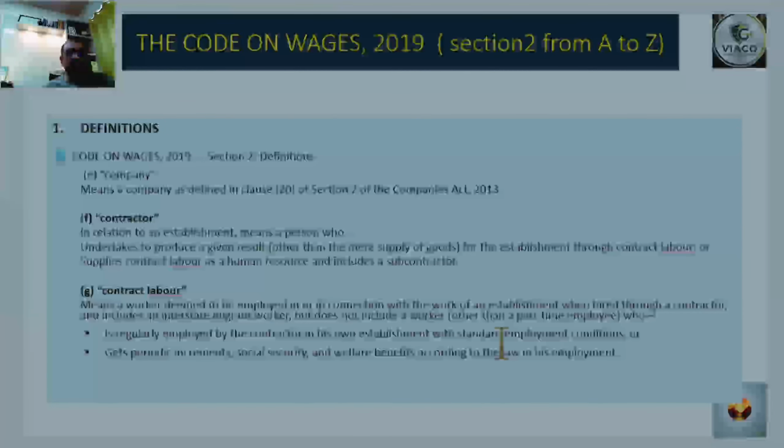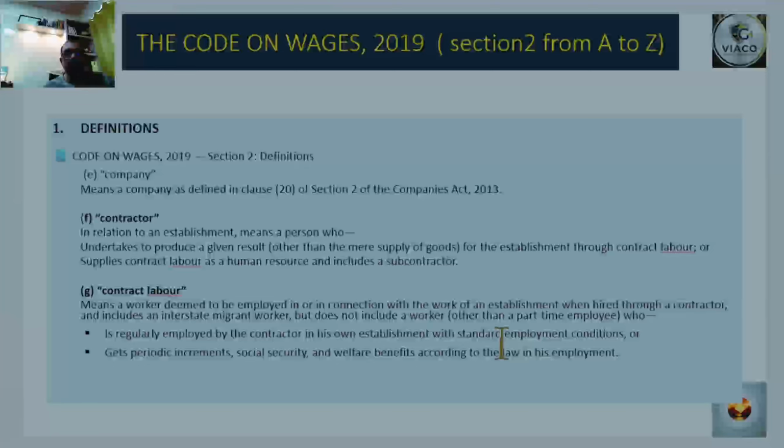Contractor in relation to an establishment mean any person undertake to produce a given result, especially maybe other than the mere supply of goods. ठीक है, वो एक उसको परफॉर्मेंस देना होता है for the establishment through contract labor or supply contract labor as a human resource and include a subcontractor. Now section 2G contract labor, there we talk about the contractor, basically who is producing, undertake to produce a given result. So contractor is nothing but is a person who undertake to produce a given result for the establishment through its